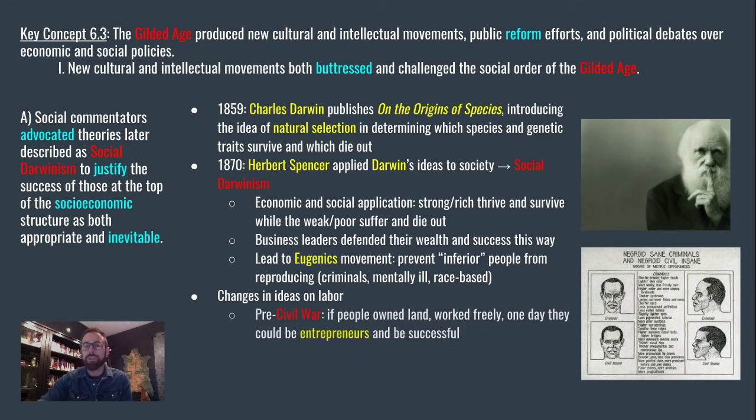Okay, so before the Civil War, if you think of Jeffersonian democracy, Jacksonian democracy, if people owned land, if they worked freely, one day they could save up enough money and eventually be successful. They could be entrepreneurs. Entrepreneurs are people that take risks using what money they have in order to get ahead. The idea was that if there was some support, just a little bit, and those people acted responsibly and accordingly, they could get ahead. But industrialization